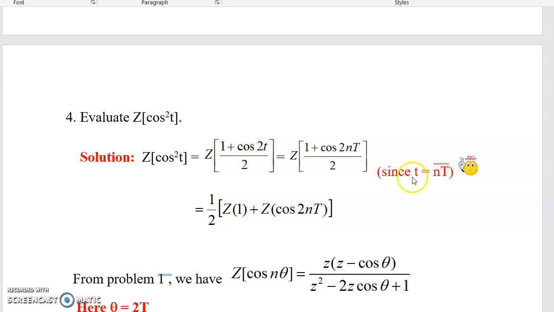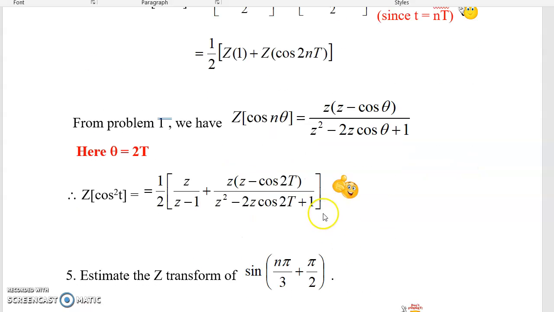And now replacing the time function variable t as n into capital T. See, this t is replaced as n into capital T. So we have written it like this, and taking this half outside since it's a constant, and taking z inside and making use of the linear property, it is z transform of the first term plus z transform of the second term. Now z transform of 1 is z by z minus 1. It's a basic function which we have already done in the first class of z transform itself. So this is z of 1, which is z by z minus 1.